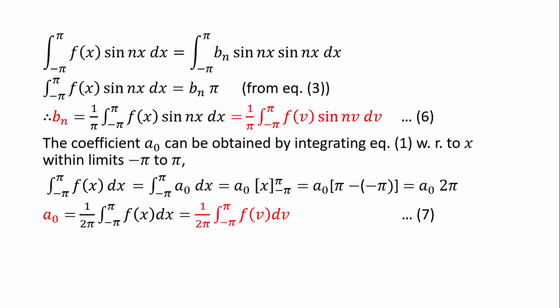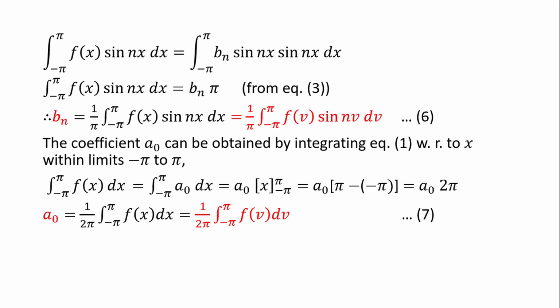And in this way we have bn and the integral from minus pi to plus pi of sin nx cos nx dx, if n is not equal to 0, is equal to pi. So we have the integral from minus pi to plus pi of f(x) sin nx dx equal to bn pi. And what is bn? Then bn is equal to 1 upon pi times the integral from minus pi to plus pi of f(x)